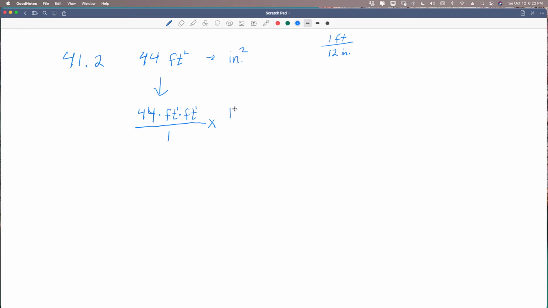So we say 12 inches in the top, so we can put feet in the bottom and cancel one of these. We factored it out. We need to factor out another foot unit of measure. So we do another 12 inches in the top and another foot in the bottom, and it allows us to